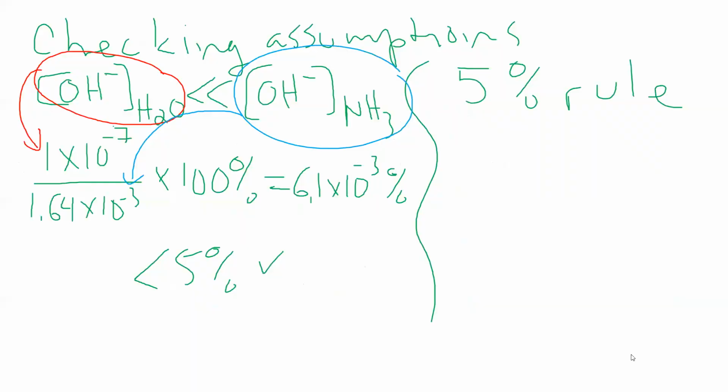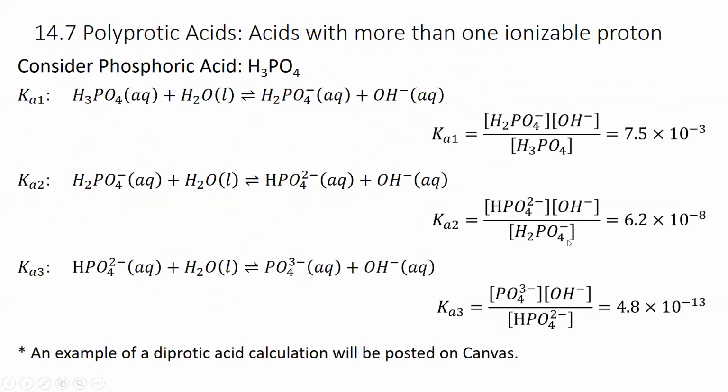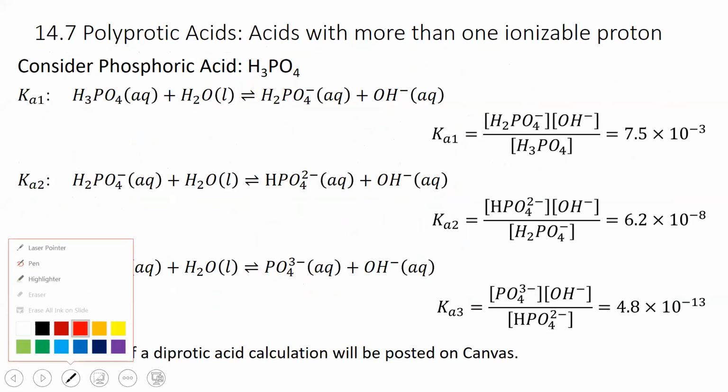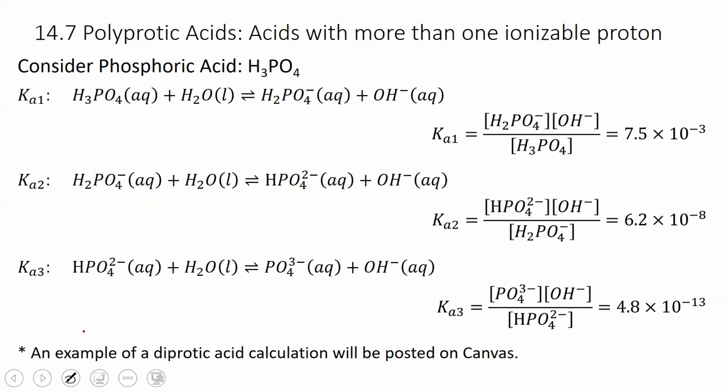which is about polyprotic acids. Okay, so polyprotic acids are acids that have more than one ionizable proton. So our example, I'm just going to use this one example. I think calculations of pHs with